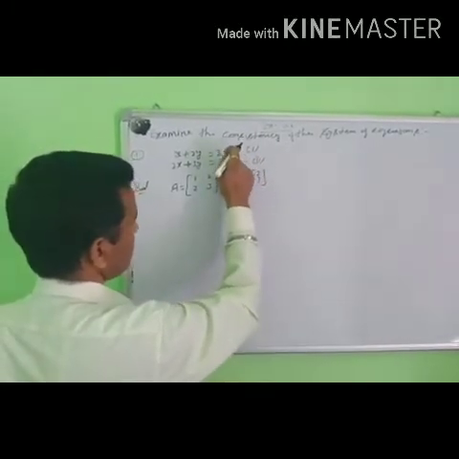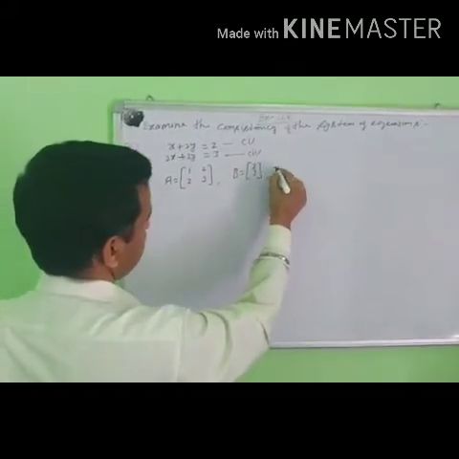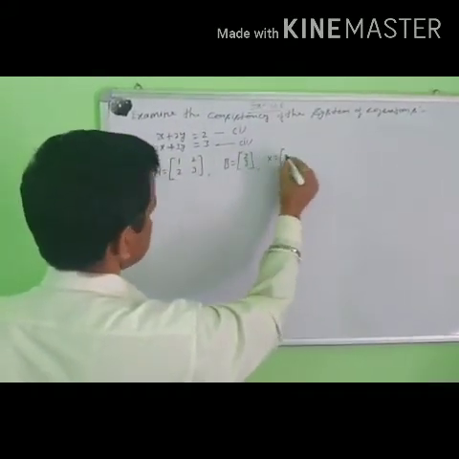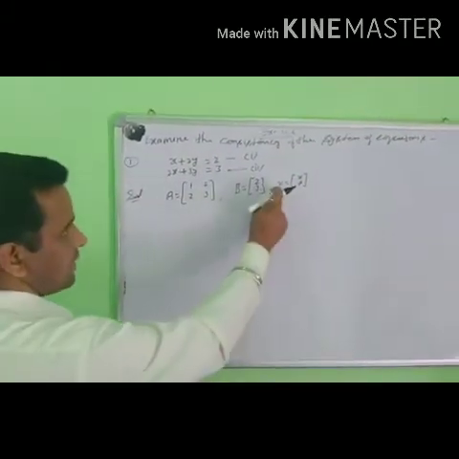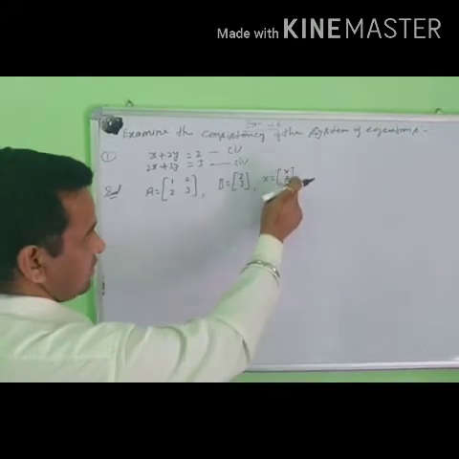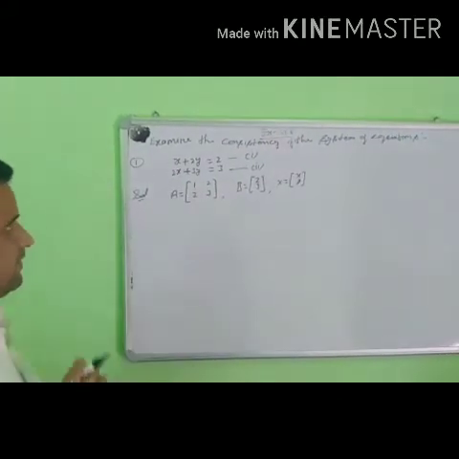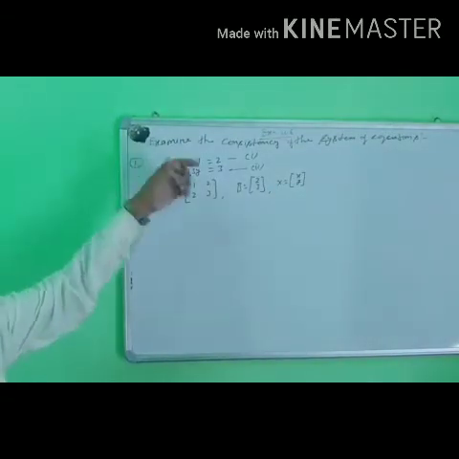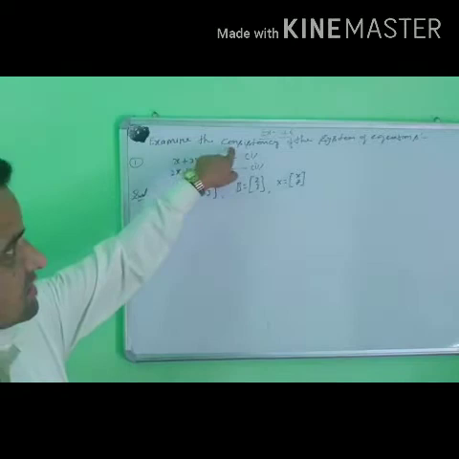Write this value in D1, D2 right here, and after that write the value of the matrix X here, x and y, only 2 variables. This is the capital X, this is the small x. This is the small letter of the element, and this is the capital X, capital B and capital A. So I am writing this equation system in this form, and then checking whether it is consistent or inconsistent.